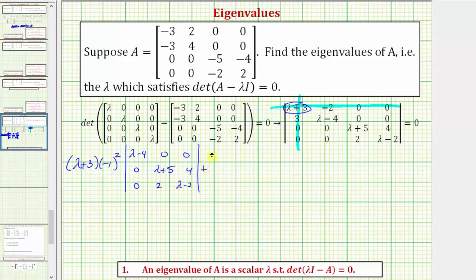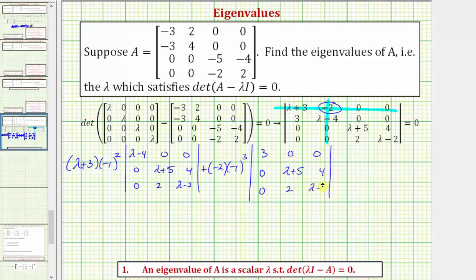And then we have plus the next element in row 1, which is negative 2. So we have plus negative 2 times negative 1 raised to the power of 3. Because this element is in row 1, column 2, 1 plus 2 is 3, times the determinant formed by eliminating the row and column of negative 2. So we eliminate row 1, column 2. The remaining elements make up the determinant, so we have 3, 0, 0, 0, lambda plus 5, 4, and 0,